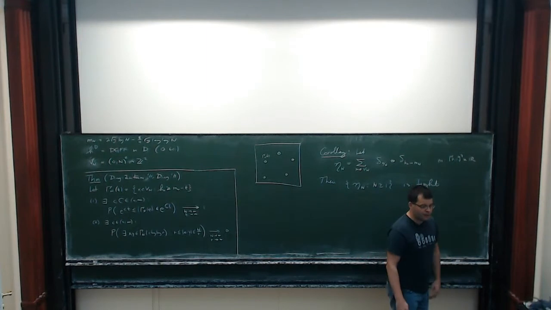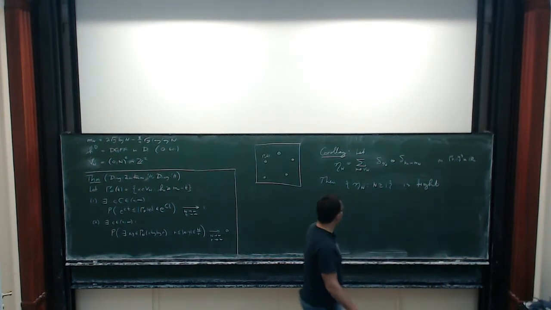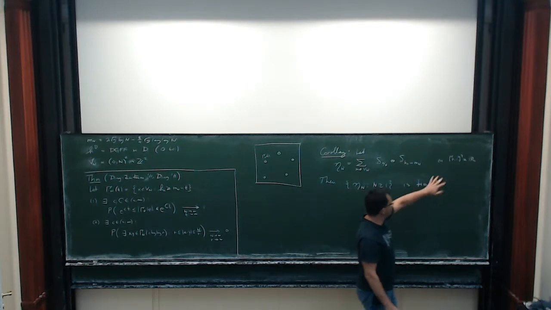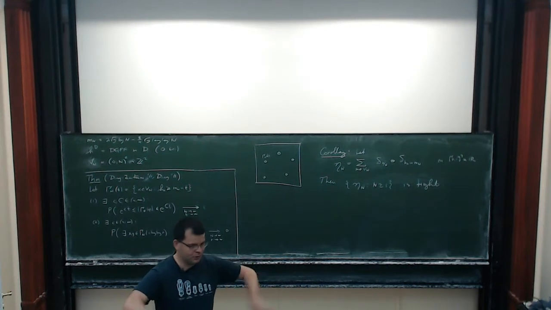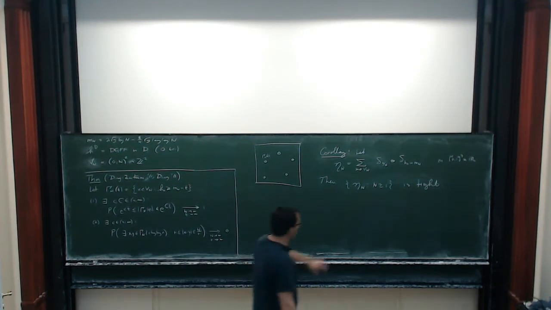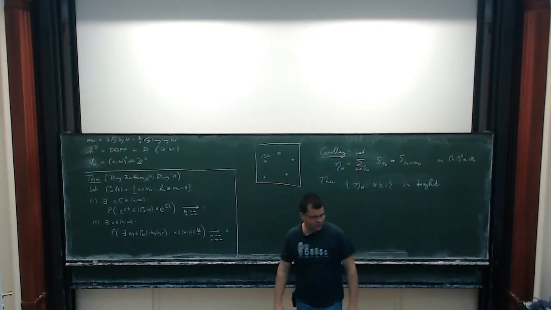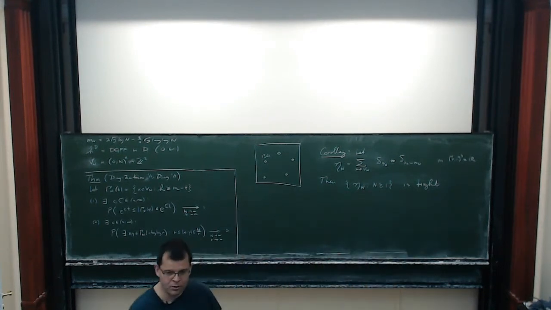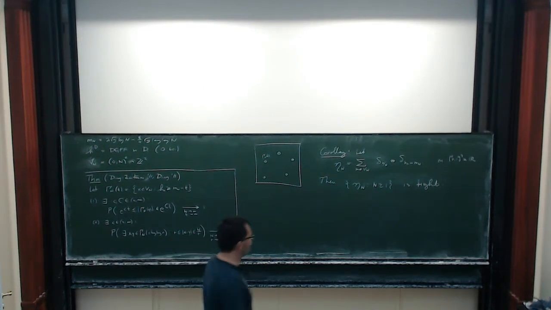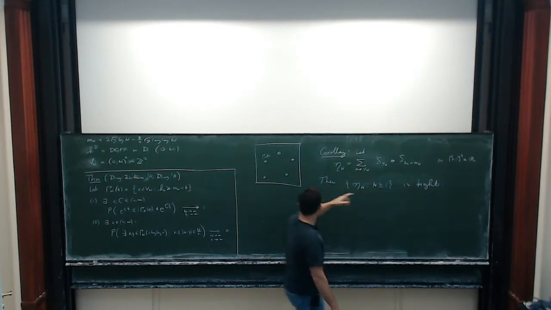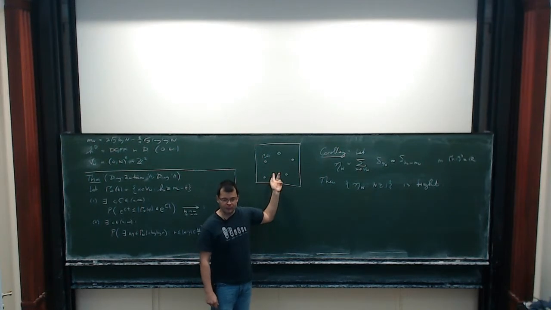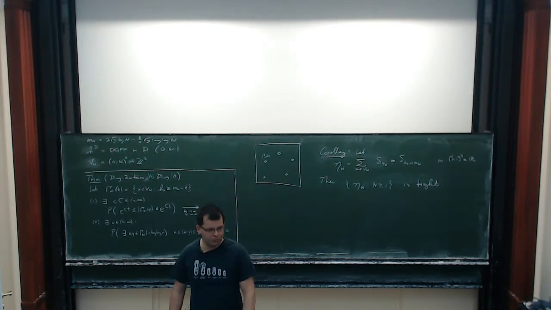Well, it can be. I will need to make it closed first because of tightness issues. If I want to talk about tightness, I don't want the points to run off to the boundary. It's certainly a measure on that space. At this point, if I take any function with compact support, its support is contained in the closed unit square cross an interval, and the number of points that this will evaluate to non-zero in this set is finite with probability 1 by this theorem. So the total mass of this process cannot blow up.